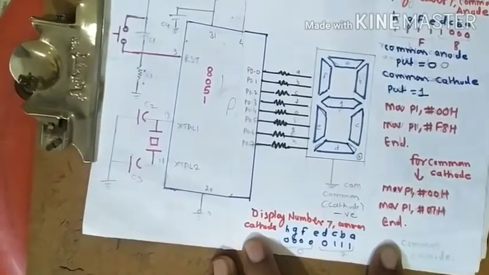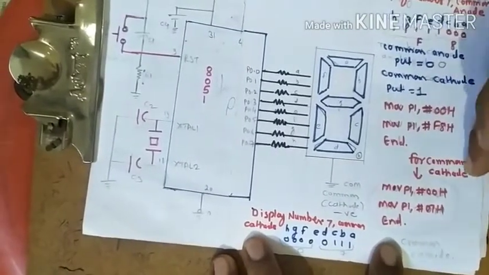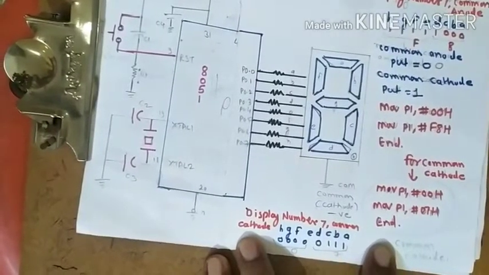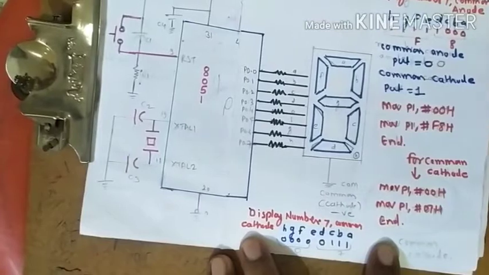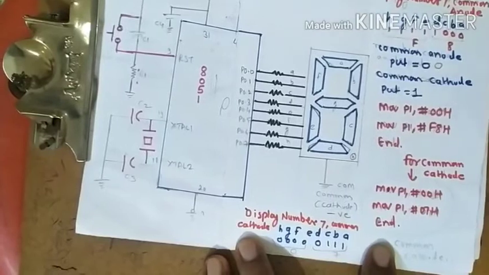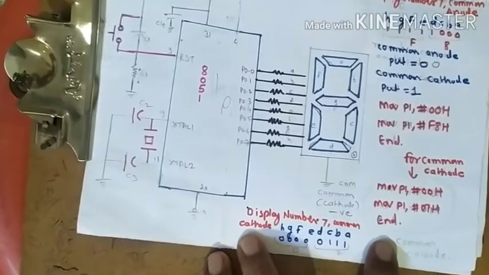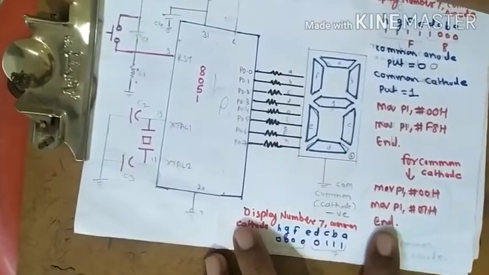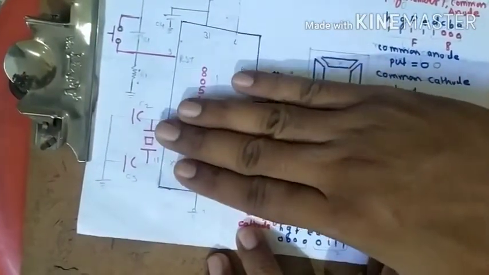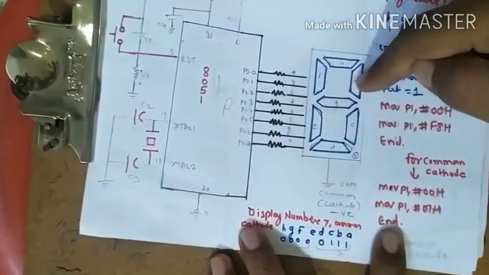Try to understand. We took both examples, common anode and common cathode. Remember one thing: when we take common anode, we have to send logic 0, and when we give the connection as common cathode, we have to send logic 1. So try to understand, it's a very basic interfacing diagram. You don't need to draw much more. You just draw one reset circuit, one crystal oscillator or frequency generator. Then there is one port, whichever port you want to interface your 7 segment display.